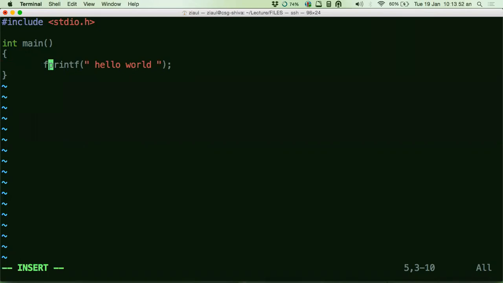Yes. So when I have an fprintf, F stands for file printf, remember. So now we have to explicitly give it a file ID for it to write to that particular file, which will be a device, obviously. So if you use fprintf, you have to explicitly say which device you are going to write to.